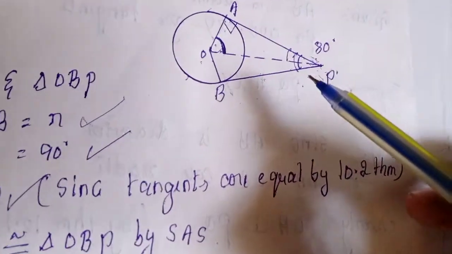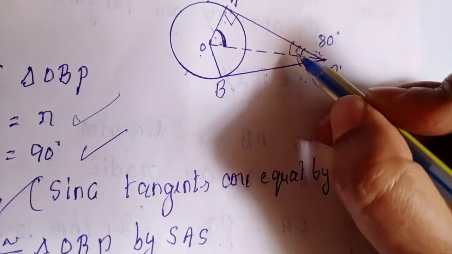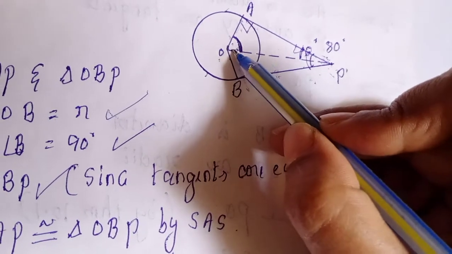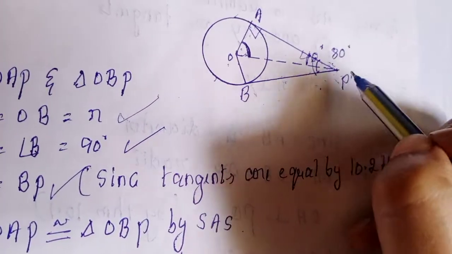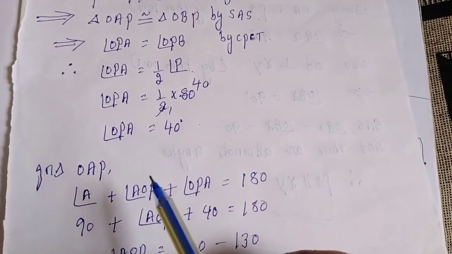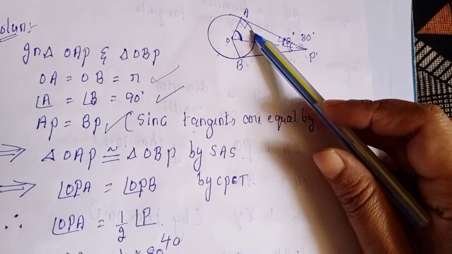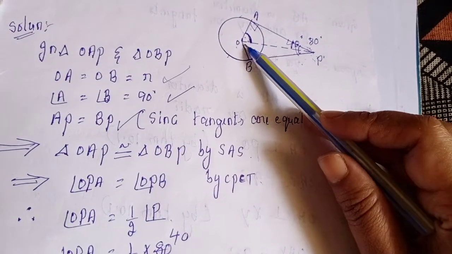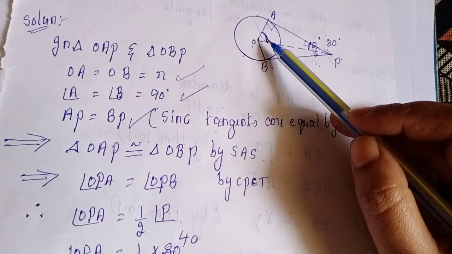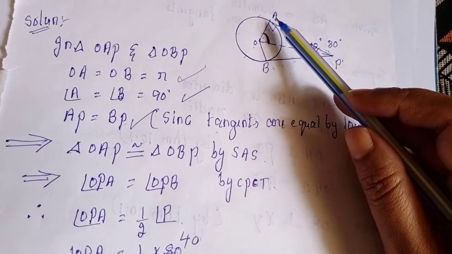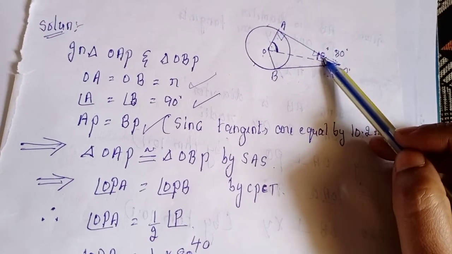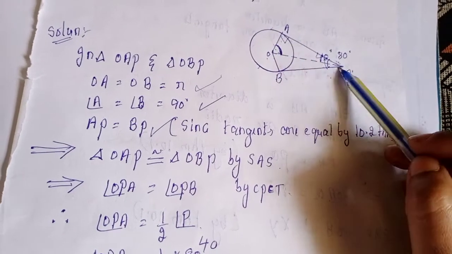Now you can observe the triangle. I got this angle as 40 degree and this angle is 90. Now can I find angle AOP? In triangle AOP, if I apply some angle property, then I can find. So in triangle OAP, apply the angle sum property. Don't read this with a single letter, because here one more line is there and this angle is divided into two parts. So you cannot read this with a single letter. So using three letters, AOP. And this angle also you should not use a single letter, you have to use three letters, APO.